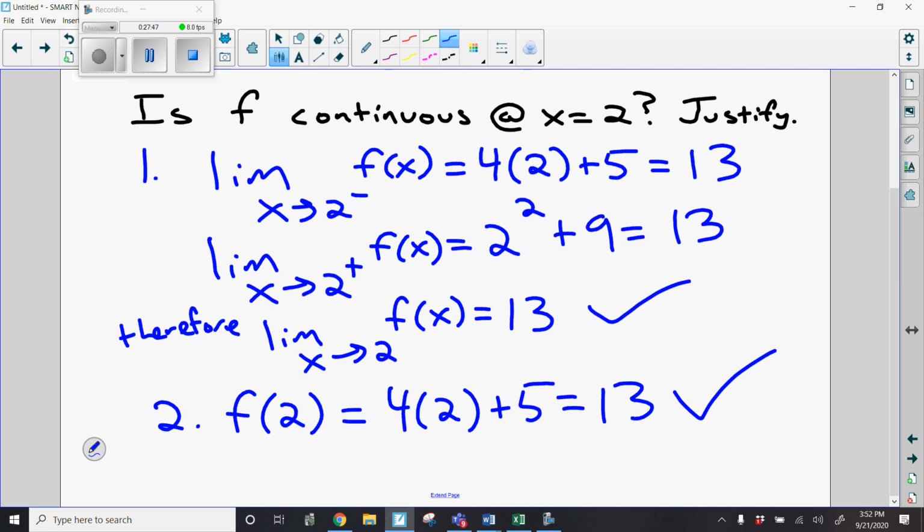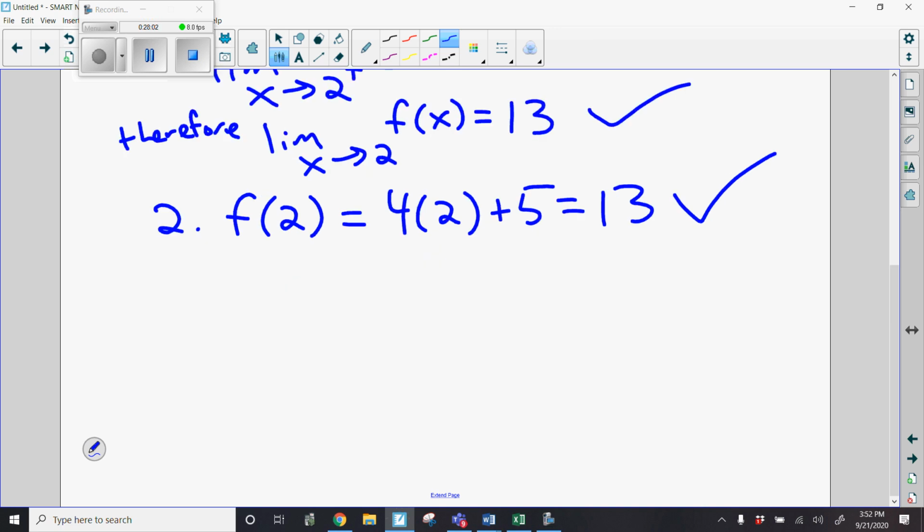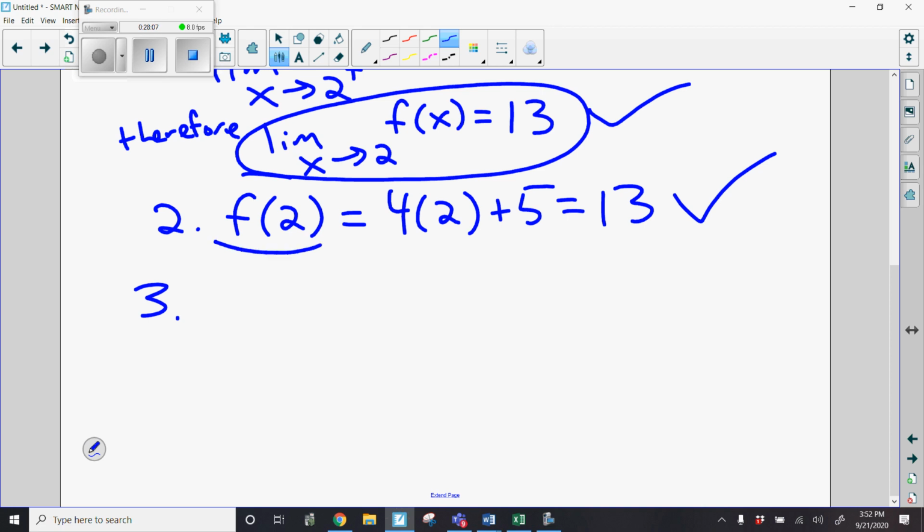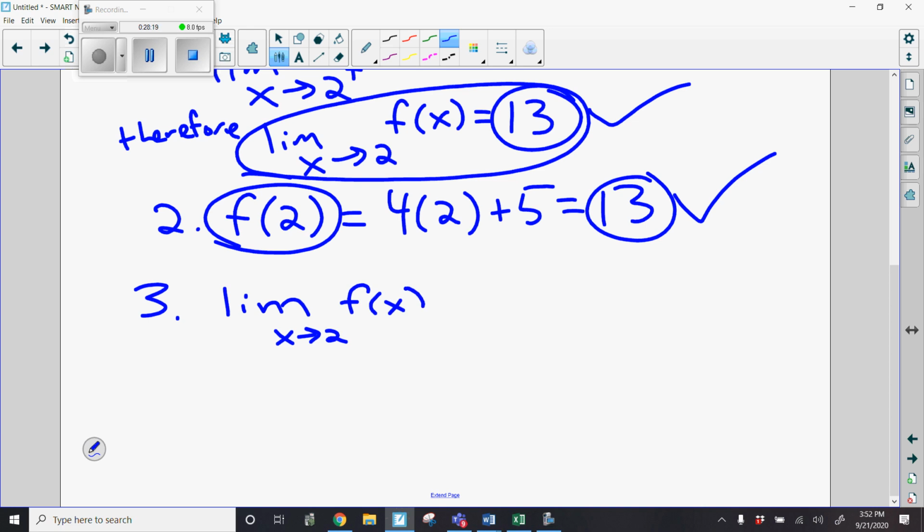The last thing I have to do is compare the limit as x goes to 2 of f of x with f of 2. And I already know the answer here. I know that they equal each other because I got 13 for both answers. So that's my final step. I'm just going to take the limit as x goes to 2 and set it equal to this. I know they're equal because they're both 13. So I can say the limit as x goes to 2 of f of x equals f of 2 because they both equal 13. And now I can finally say, therefore,